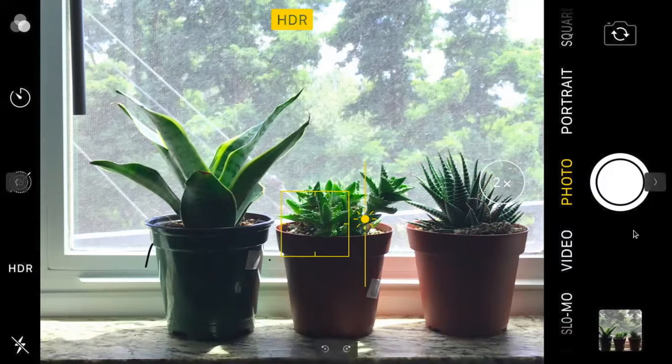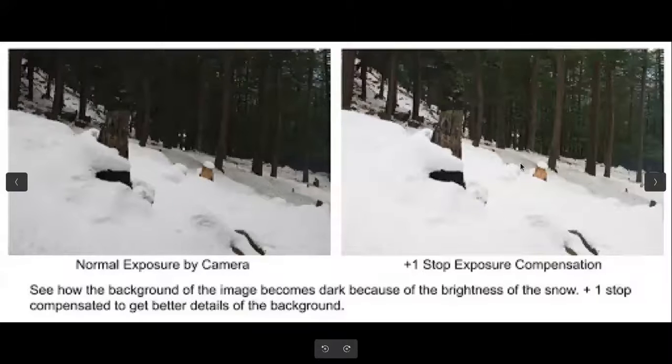is ruined. Similarly, for this type of situation also, there is, let us say, too much white element in the frame. So the camera thinks that to get a proper exposure, I have to make this photo a bit darker. So it will make the photo darker. So in the process, what happens? Your white colored snow, they will become gray.